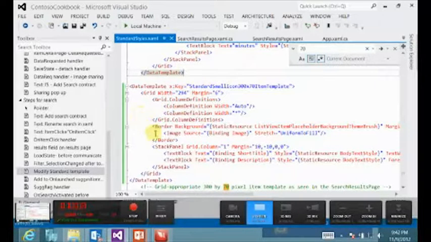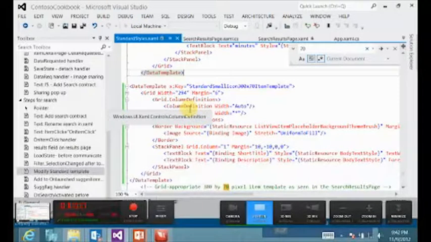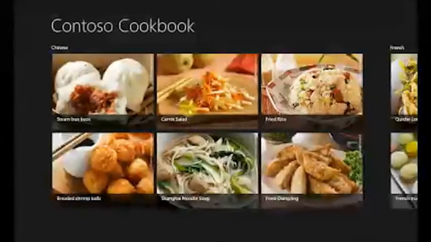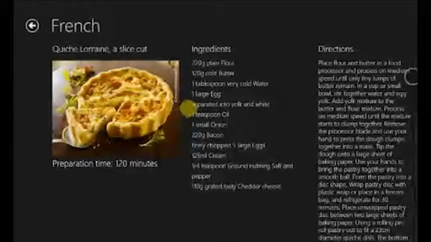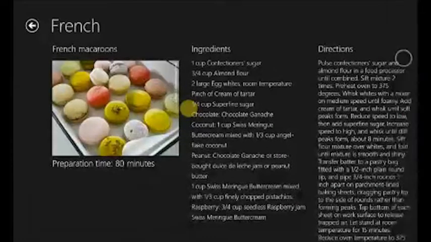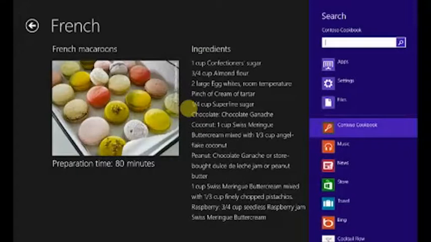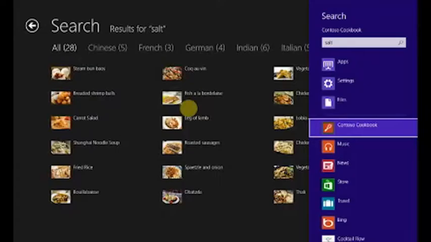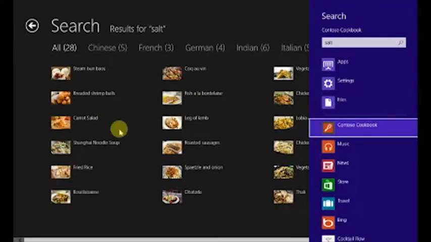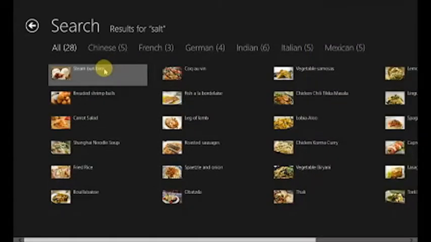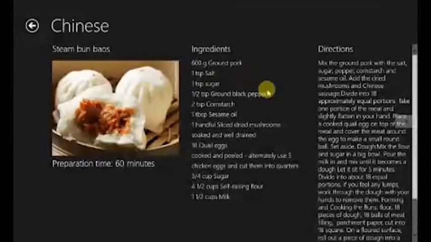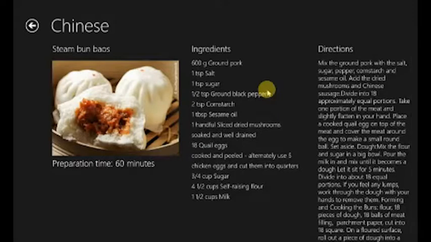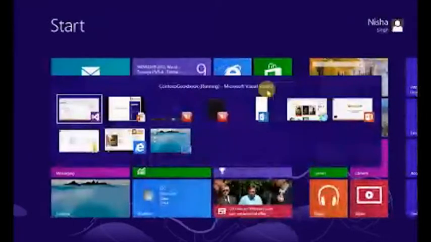I will run my app. I'll swipe from the right, hit the search button. I'm going to type salt and I get the search results. And if I click on a particular item, I'm navigated to the item detail page of that particular recipe. Okay, so I exit, I go back to my